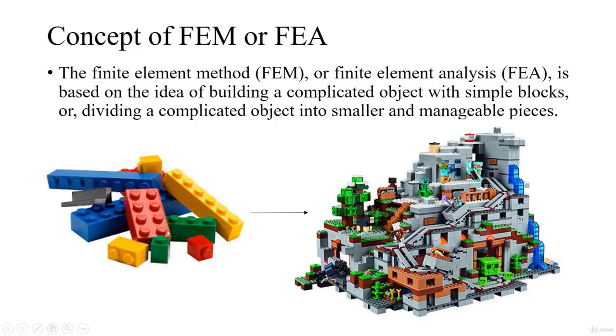So we are going to set one object on another in a systematic manner so that we are able to construct this particular complicated building or model. So the finite element method is also based upon the idea of building a complicated object by the use of simple blocks, or we are going to take a complicated object like this and divide it into smaller and more manageable pieces